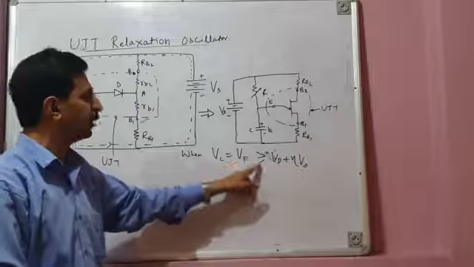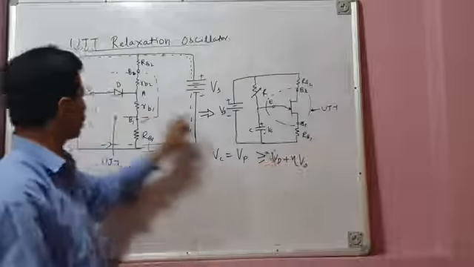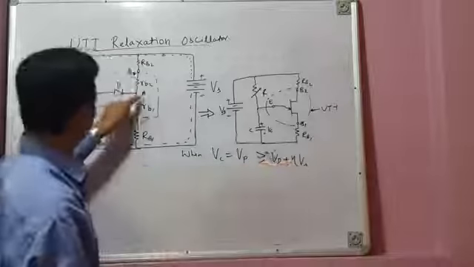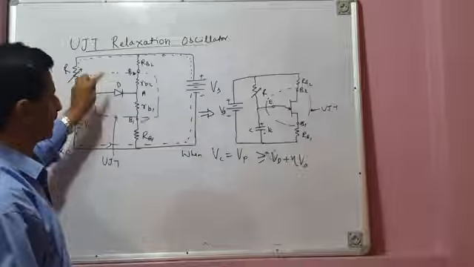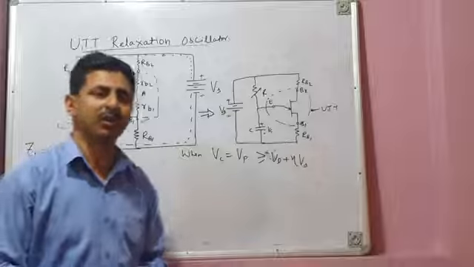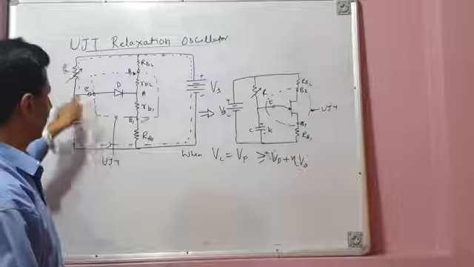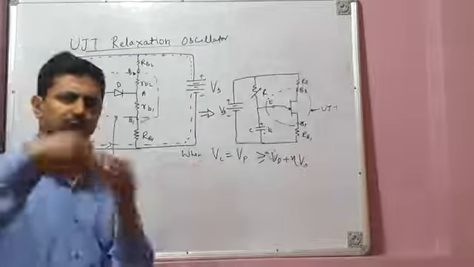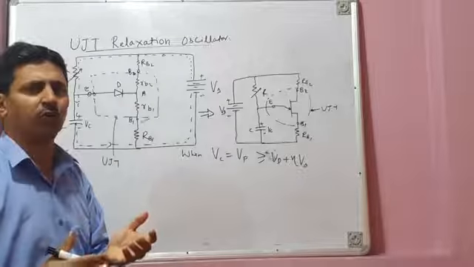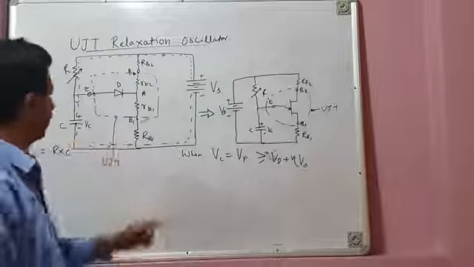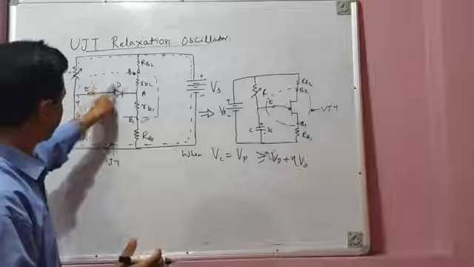This peak point voltage is greater than or equal to cut-in voltage of this diode plus this voltage. So it forward biases this diode. And because of forward bias of diode, the device goes into conduction. There is injection, then you know what is the process. There is injection of holes. The device goes from off state to on state, and current flows like this.